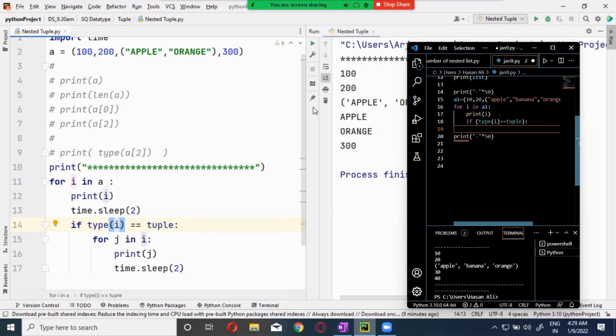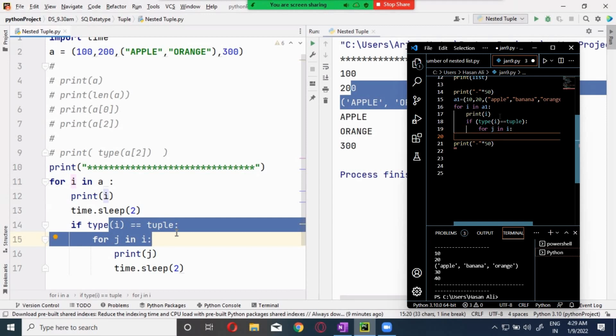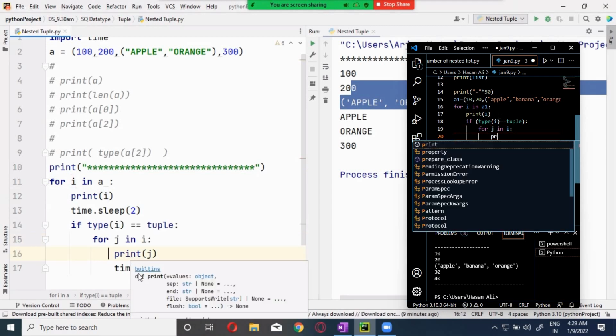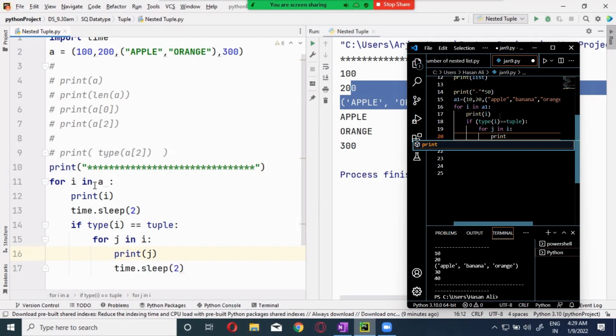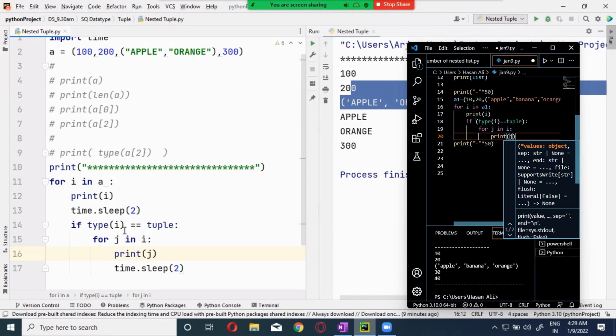और apple and orange print हुआ यहाँ पे? Print हुआ ना? फिर उसके बाद condition देखो यहाँ पे. Is the tuple? Yes. Then it will come down over here and it will extract apple and orange. फिर उसके बाद it will go and extract next value. What is the next value? 300. 300 is a tuple? No, it will print 300 directly.